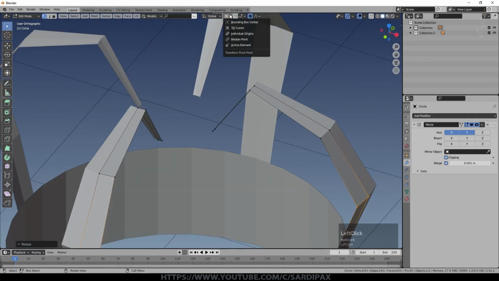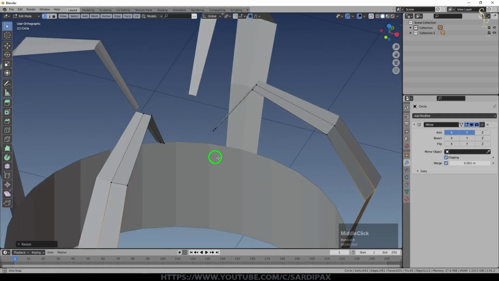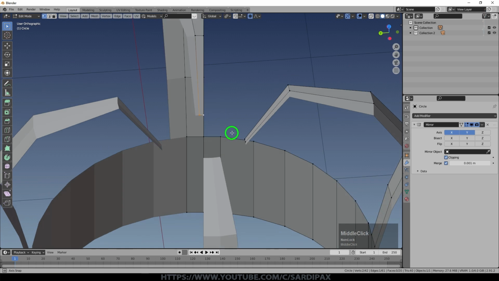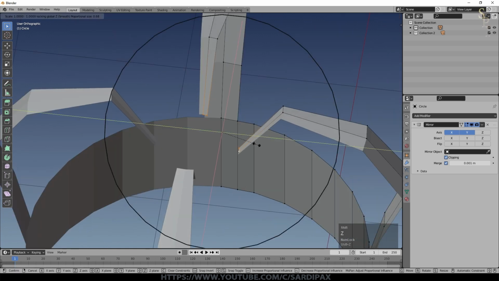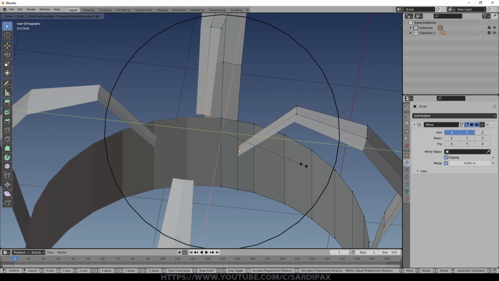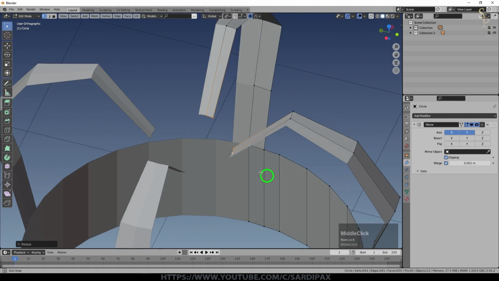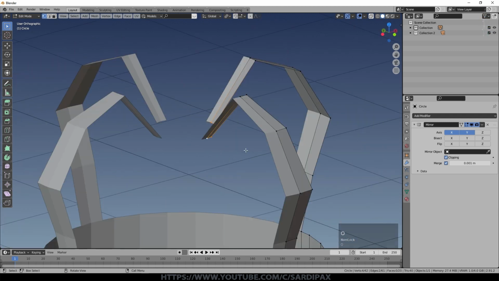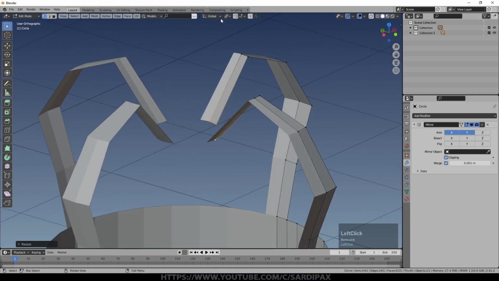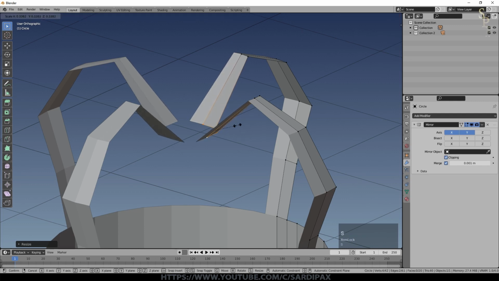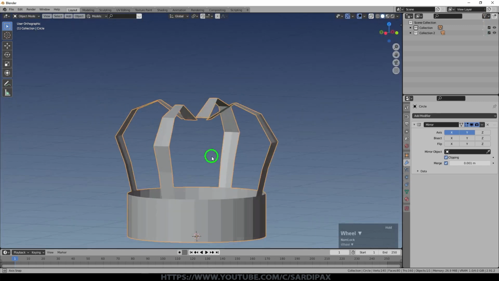And you can see that's starting to give us the shape. If I change this to individual origins now, and select these points at the end here, we can just scale those out, scale Shift Z again, just to have them widen a little bit so they don't narrow too much as they come in. I'll turn proportional editing off and scale them out a little bit more. There are other ways to do this, of course. And now I'll go back to median point, which is the default, and bring them together. So that will do to start with.